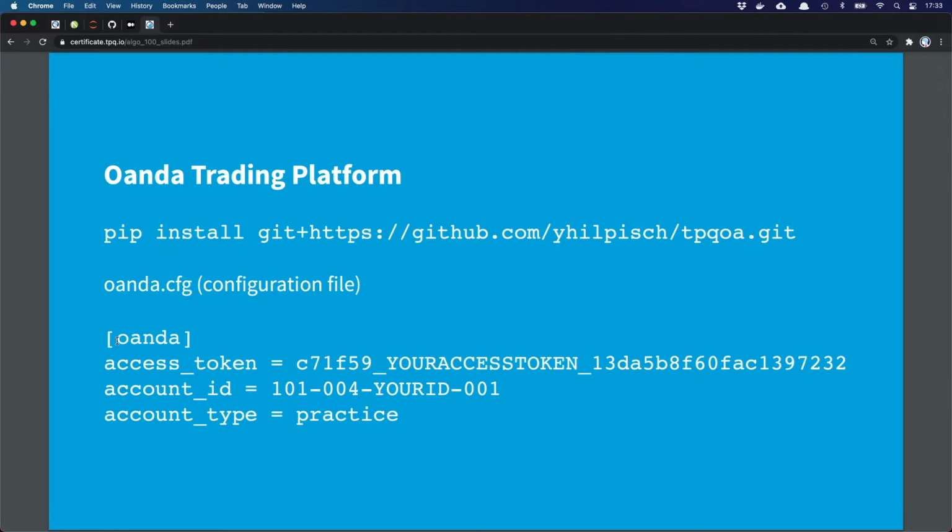It needs to have oanda in square brackets. The access token, here you need to put your access token that you generate in your account. The account ID you figure out also in your demo account. These are just two numbers that you need to paste in here. I would stick to the very way this is shown here, with the blanks and everything written in the same way, all lowercase, because this is all case sensitive, etc. And then account type is practice, because you probably will be, at least in the first instance, on a practice account, right? So that's basically it.